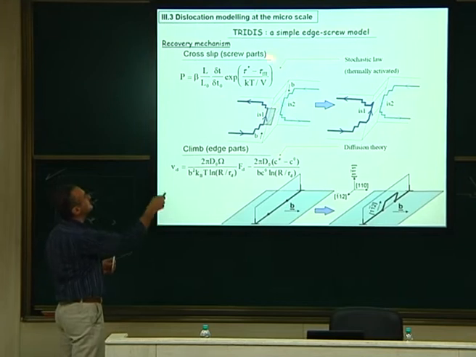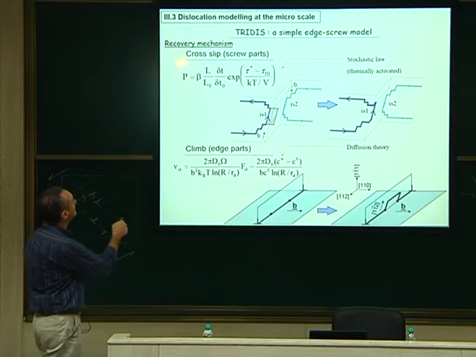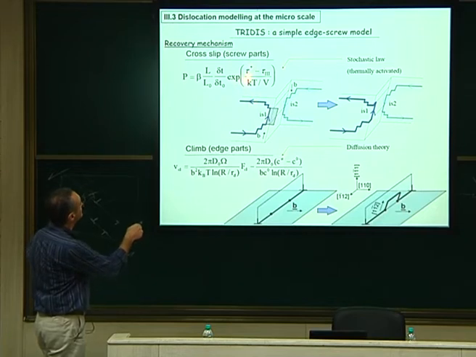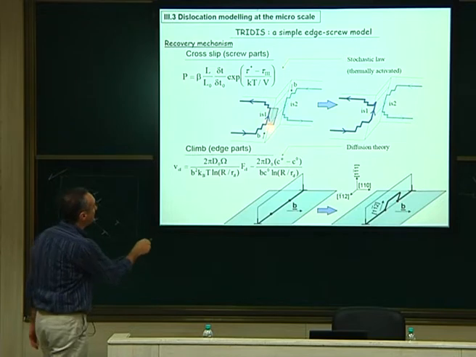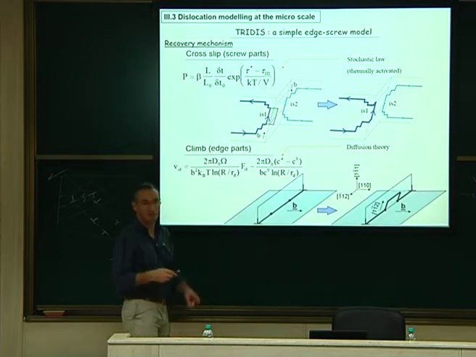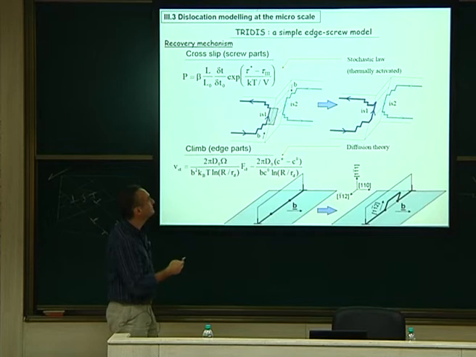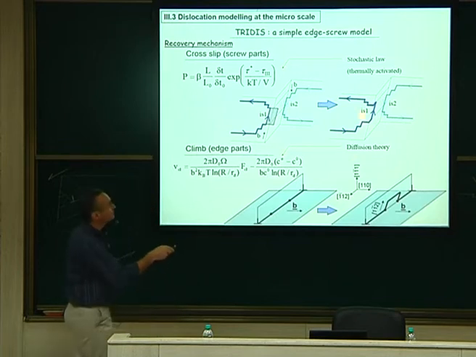The first thing is the cross-slip probability. So this is how it's done in the computer. We compute the thermally activated law, which depends on the shear stress you want on your screw dislocation on the slip system. So the dislocation is here, this is a screw, the Burgers vector is here. It may want to cross-slip in order to annihilate with this one here. Okay, they love each other. They feel that they are ready to annihilate, so they want to cross-slip and annihilate. Okay, they are attracted. So this is the cross-slip.